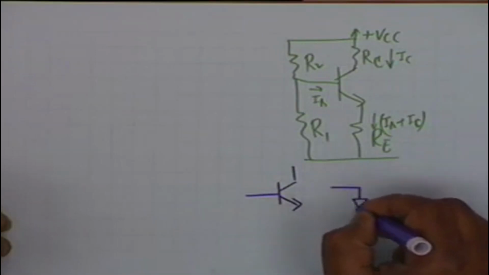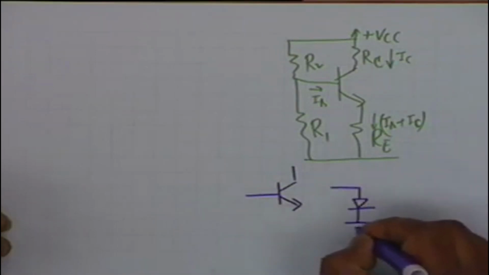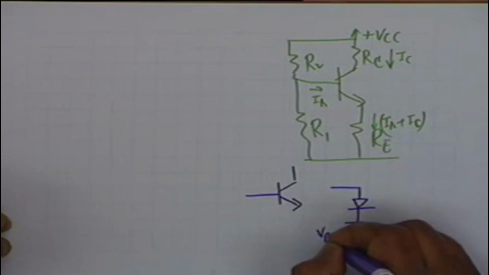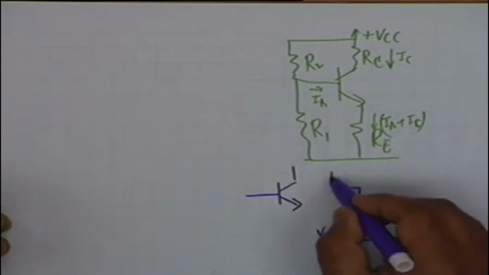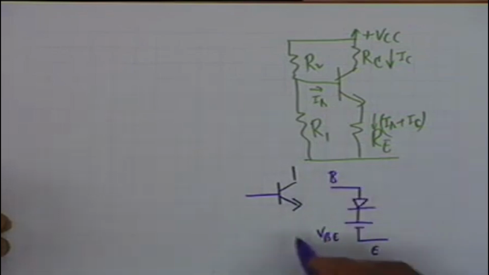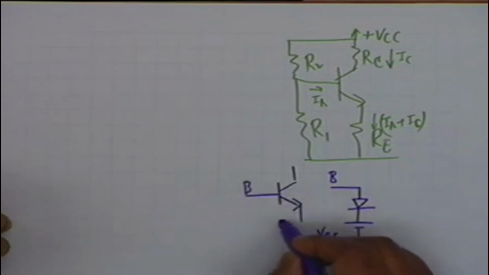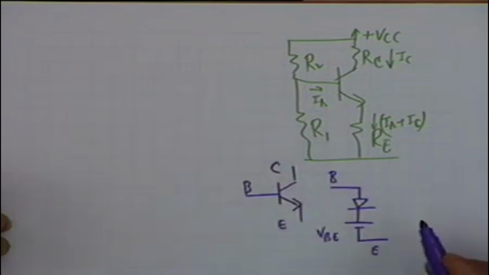It is equivalent to an ideal diode in series with VBE, all right. This is the base and this is the emitter, this is the collector,